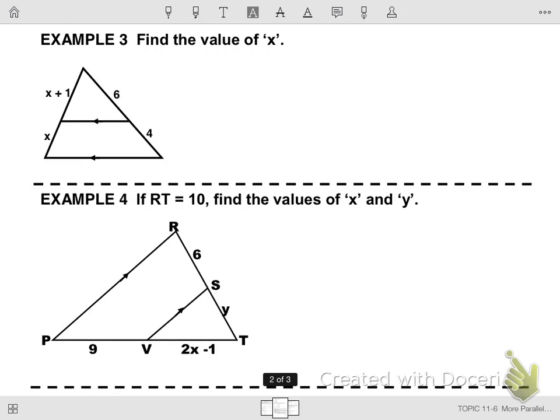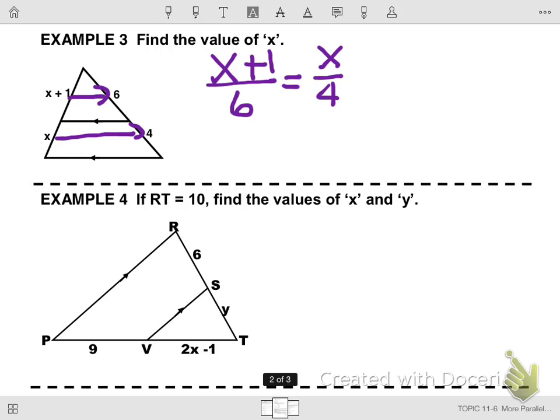Alright, looking at example 3, we're starting to see the similarities in the examples. Parallel lines. So I'm going to put x plus 1 to 6 equals x to 4. Your setup may be different than mine, but that's okay. Cross multiply, and if you need to circle it, you can. So now I have